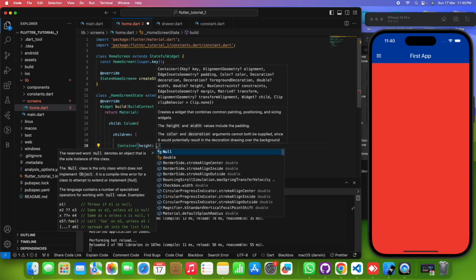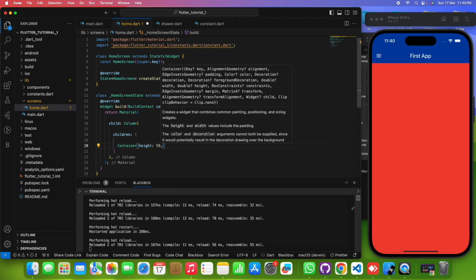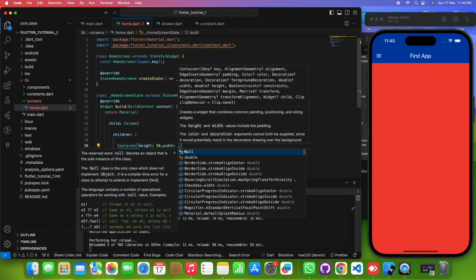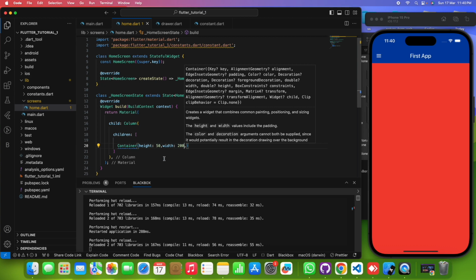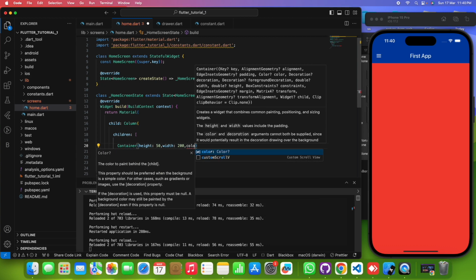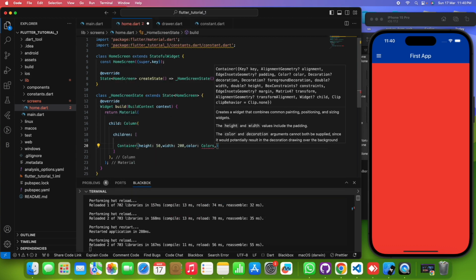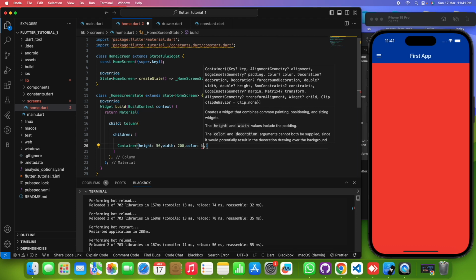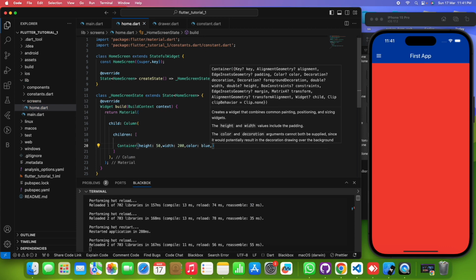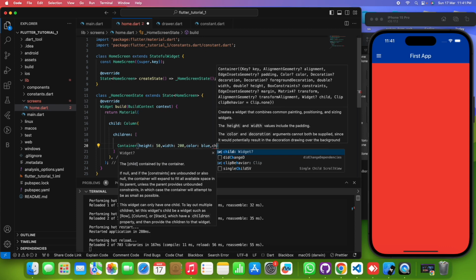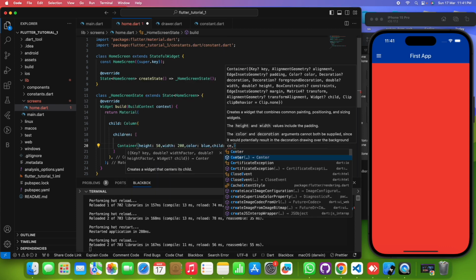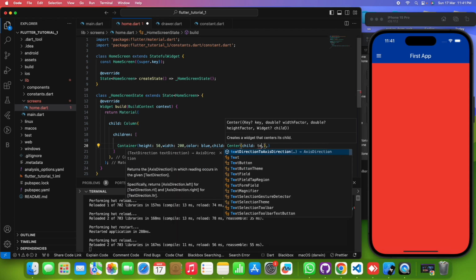Height 50, width 200, and color blue. I will use blue color, and child center, child text,